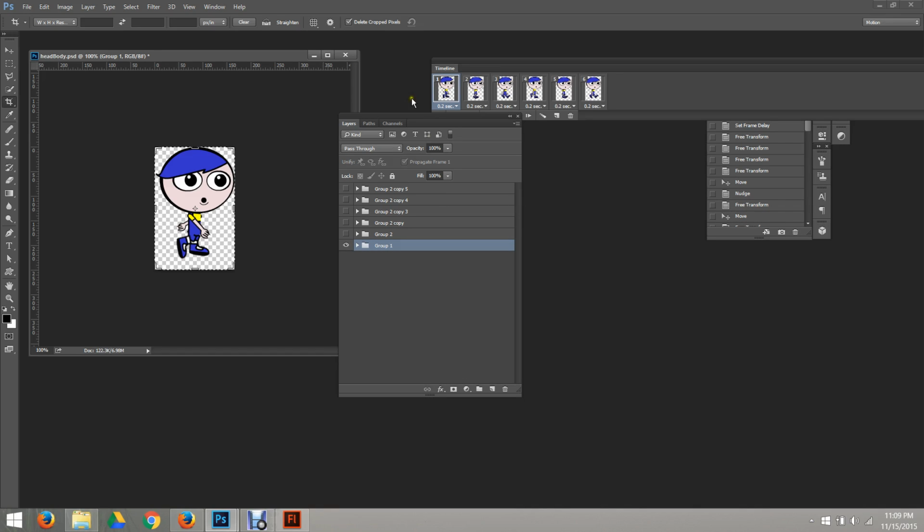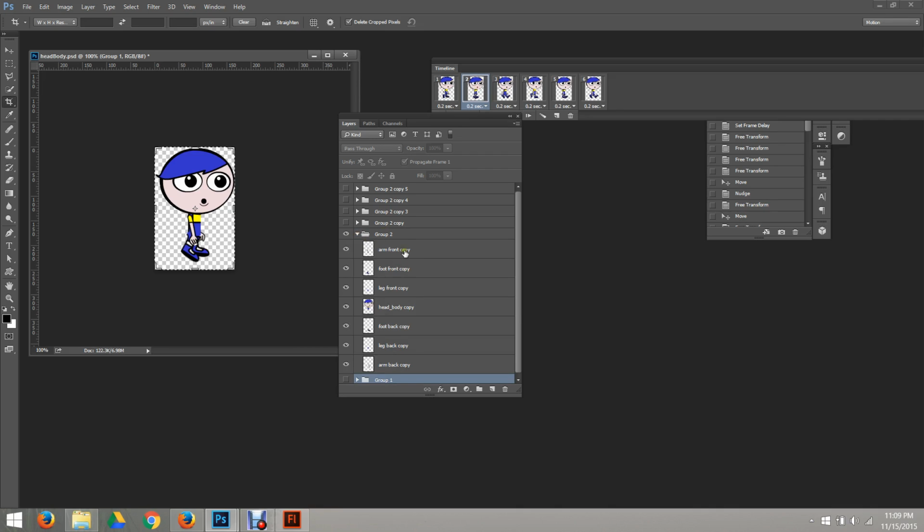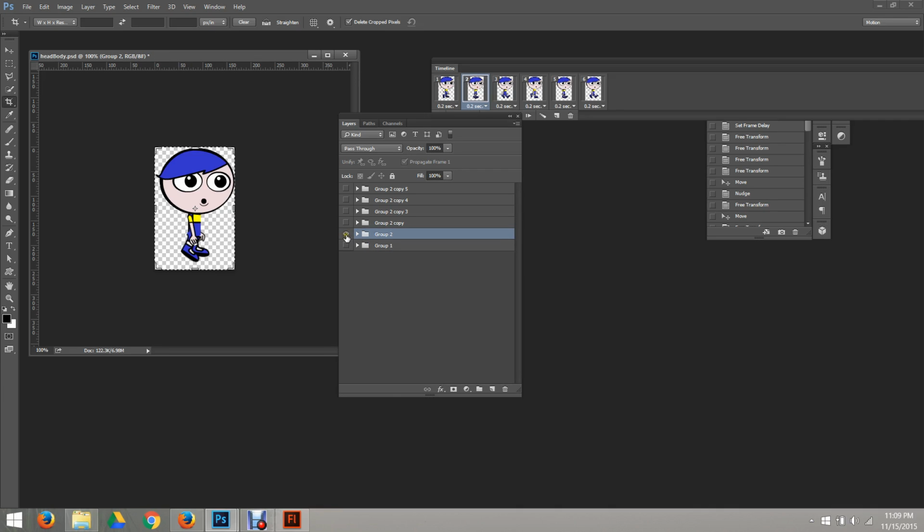Then I set up my first frame, and then I dragged my folder to the page fold icon down here, and that copied my group so that I had all these pieces again. And then I just rearranged my pieces into the next placement that they'd want to be in